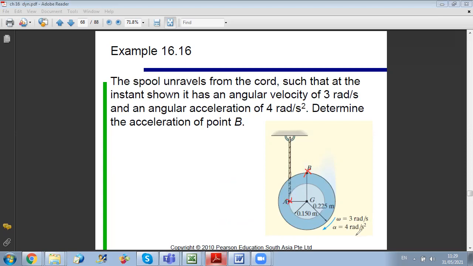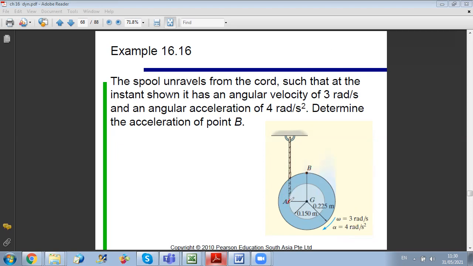Here, as you can see, we know omega and alpha of the rigid body, and we want to determine the velocity of B and the acceleration of B. Here they just asked directly for the acceleration. Whenever I have a rigid body, I will try to relate points. So I can relate B to A, or I can relate B to point G. So I should see what point I know information about. Do I know velocity and acceleration at A, or velocity and acceleration at G? So first,